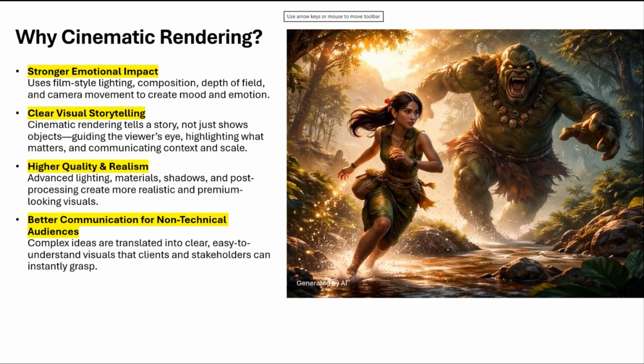It's not clear, sometimes it's missing, even when you say, hey, this is the camera, you want to tweak it, and so on. So you need to maintain communication between your storytelling and your client. That's why better communication is the reason cinematic rendering is important.